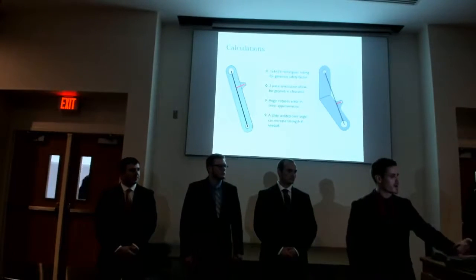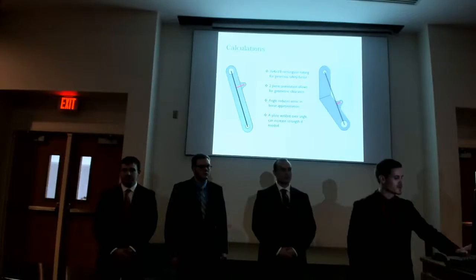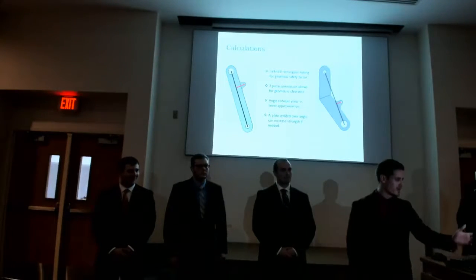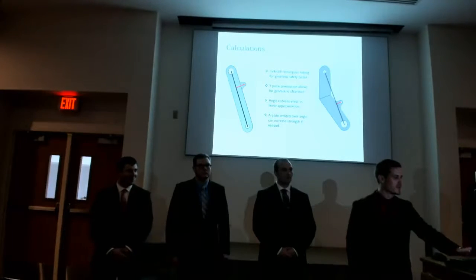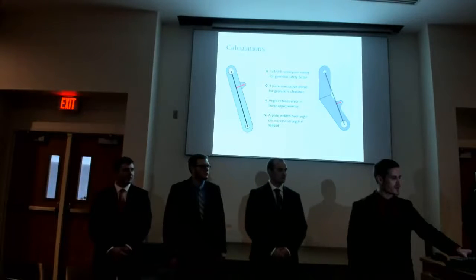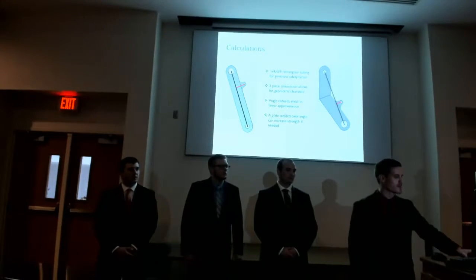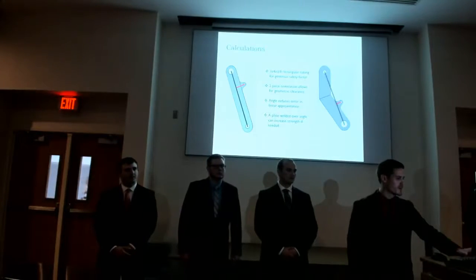And here, we did some preliminary calculations using distortion energy theory, and we made the straight arm assumption, but we were able to conclude that we could use 3x4 by 3/8 rectangular tubing and still get a generous safety factor. But also, in our calculations, we made assumptions that these were straight members. And as represented by the red line on each of those members, the error was substantially higher on the straight